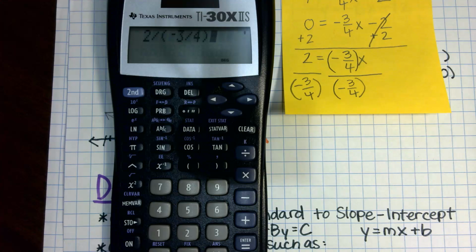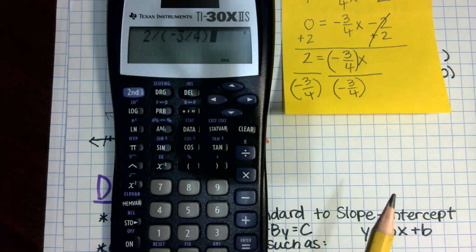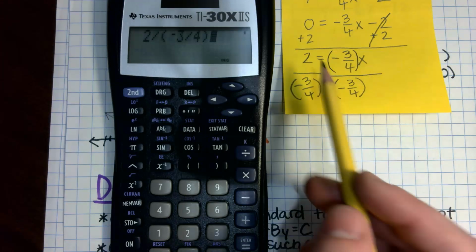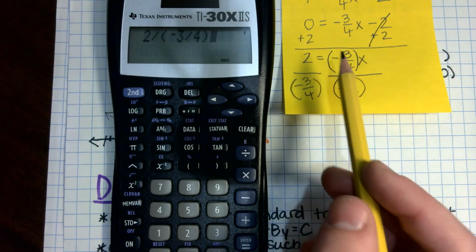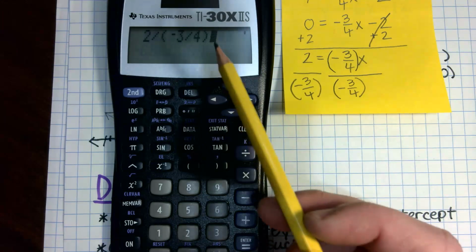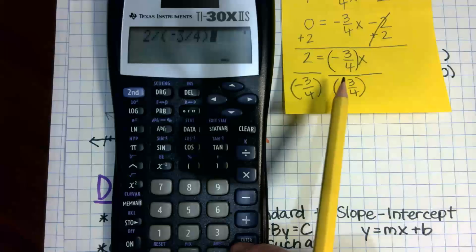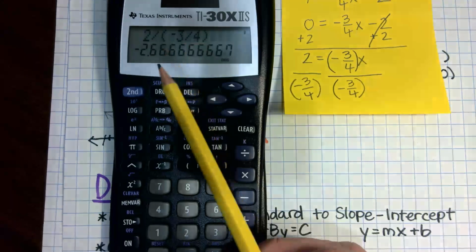Does that make sense? No? Okay. Well, let me... That's all right. So just instead of typing in like a regular number, like if this was a negative 3, we're typing in the whole fraction here. So then I'd hit enter, and I get negative